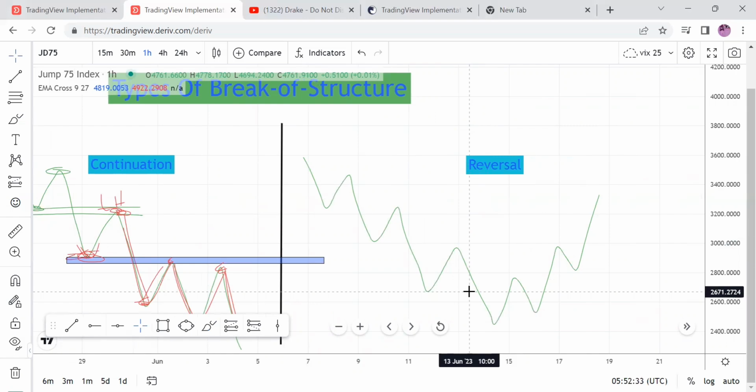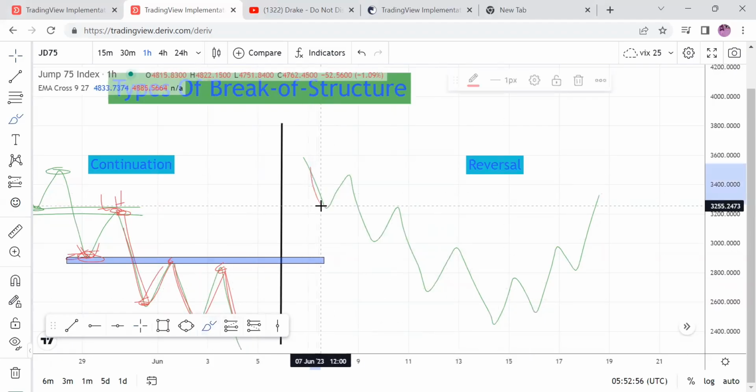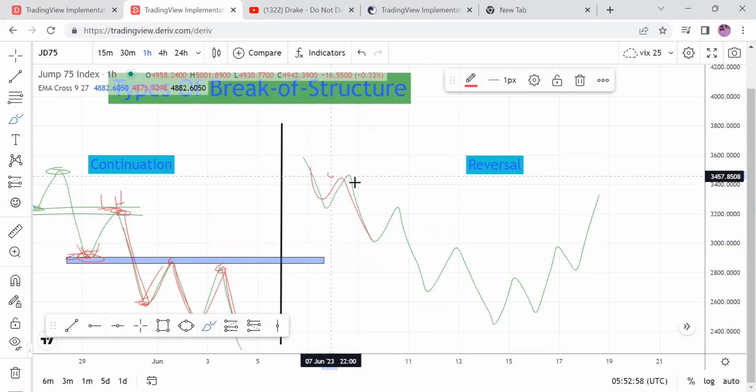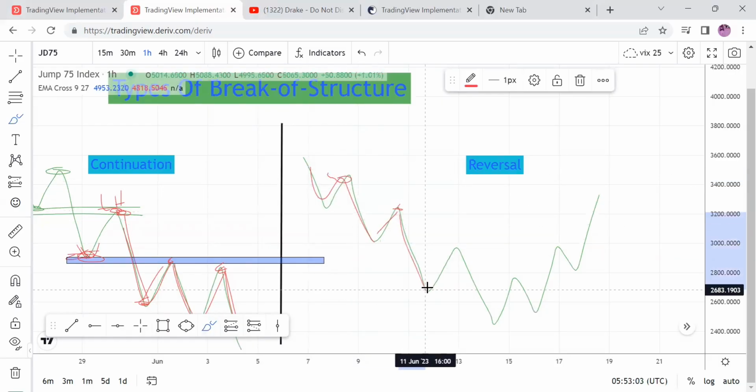So if the price action was moving upwards in an uptrend and a breakout structure occurs, a reversal one to be specific, then we're looking for the market to start moving in a downwards fashion, to start a downtrend. With this example, as you can see, the market was pushing down, creating lower highs, lower lows, lower highs, lower lows,